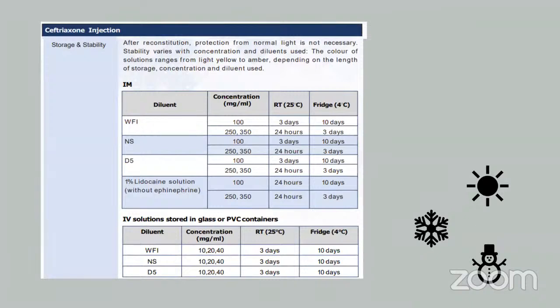Okay, so why are the storage condition and temperature important? Oh, and also diluent. Let's see an example, which is ceftriaxone. As you can see, different diluents might produce different stability. The concentration, how much you dilute it with the diluent, also will affect the stability. And lastly, the temperature. If it's kept under room temperature, it has different stability. If it's kept in the fridge, it has different stability. So these are all the main important points to be kept in mind while storing used medication for multiple use